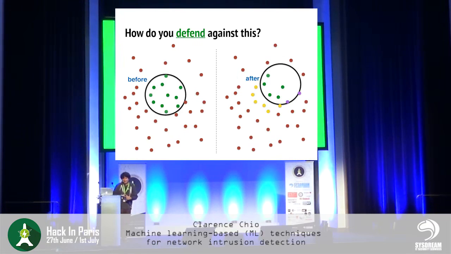You maintain a calibration set. So let's say you have a test set, and you do cross-validation on your model, and you have a set of points that you detect as outliers on the left. And after the attack, after, let's say, a period of 1 or 2 months, you test your system again, and you realize that this has shifted.